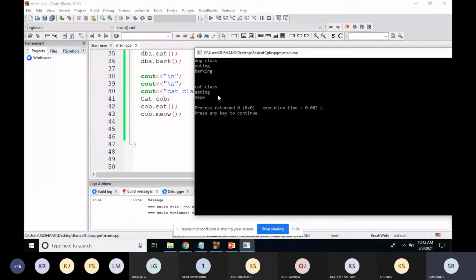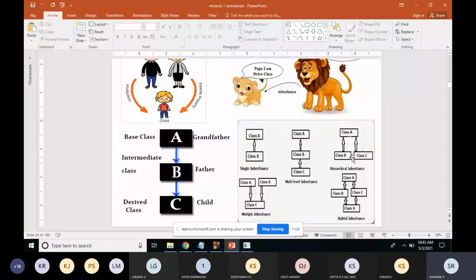That means the two derived classes, dog and cat, are accessing the base class function called eating. So the base class function is shared among the multiple derived classes. This is an example of hierarchical inheritance.